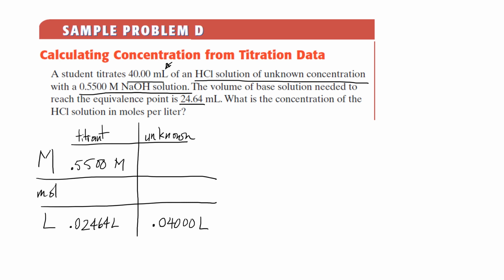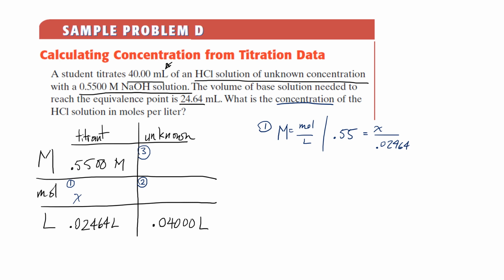Great. Now that we are here, the first thing we could do is figure out the moles. And then that's going to figure out the moles of our unknown. And then that'll get us to the molarity, which is what the problem wants. It wants the concentration. So part one, let's find the moles of the titrant. And we know that molarity is equal to moles over liters, right? So let's plug in where big M is going to be 0.55 molar is equal to, we don't know our moles, so that's going to be our X, divided by our liters, which is going to be